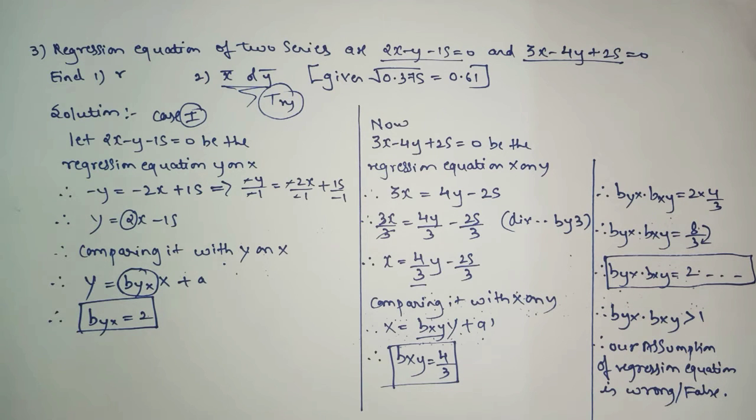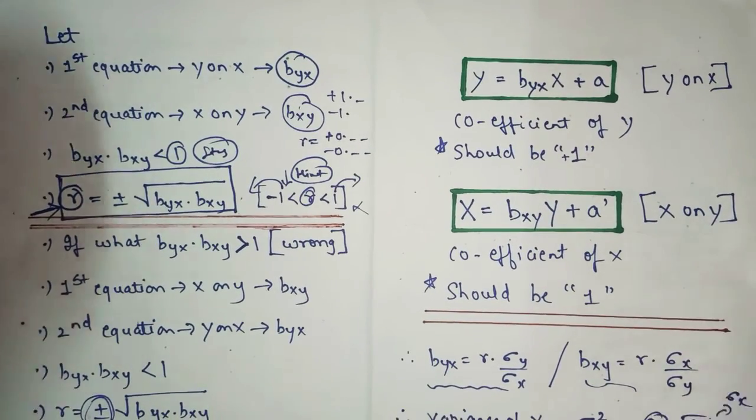Type number 1 was based on how to find the regression equation. The second exercise, type number 2, was based on the ready-made values, so you simply have to guess the formula and substitute the values to get the answer. And the third exercise was very interesting. As we saw, it was based on guessing the particular equation, whether it is y on x or x on y.